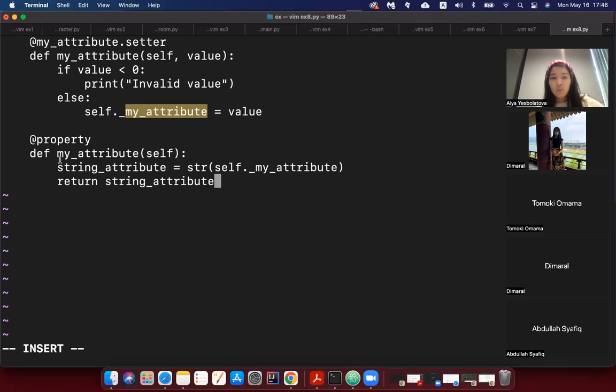And if we want to get this value, we will use the add property, and we will first convert our value, which was an integer, to the string, and then we will return this string. Okay, this is an example. So here is the end of the concepts that are included in this course, the main